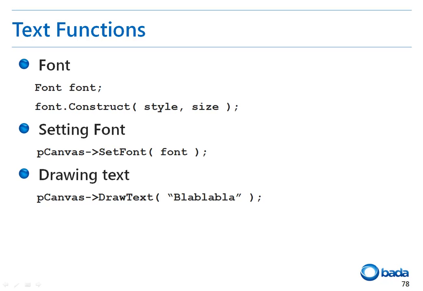In this lecture, I'll introduce the text functions of bada. When text is drawn on the screen, the font is the essential property. In bada, the font is implemented as an independent class. You can get a font by creating a font class and constructing the object with a style and size. By setting the font of the canvas and drawing text using the canvas, you can output text in that font